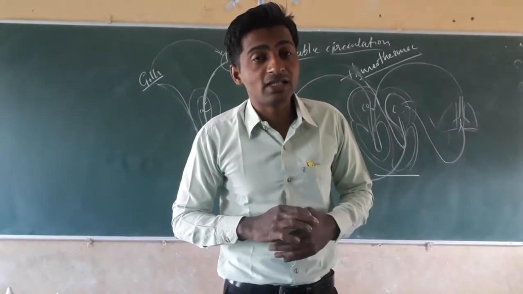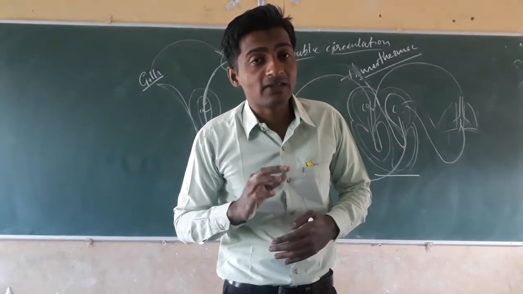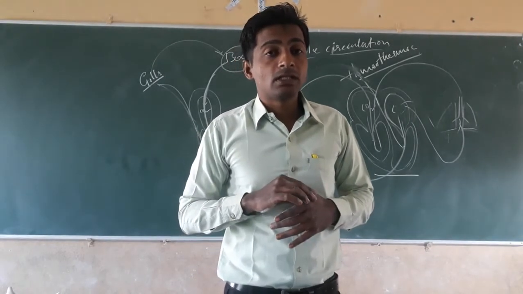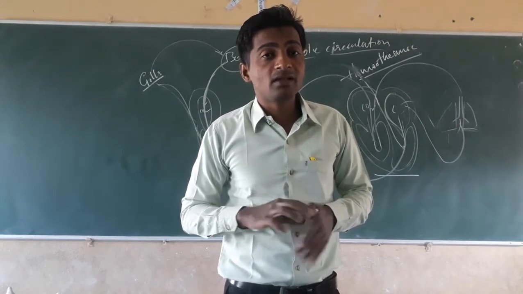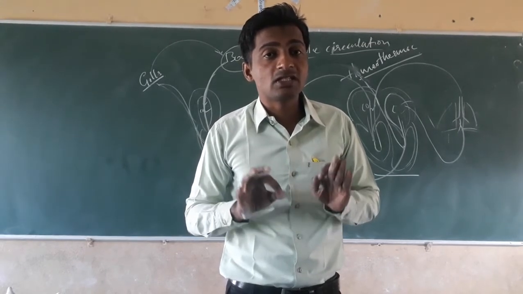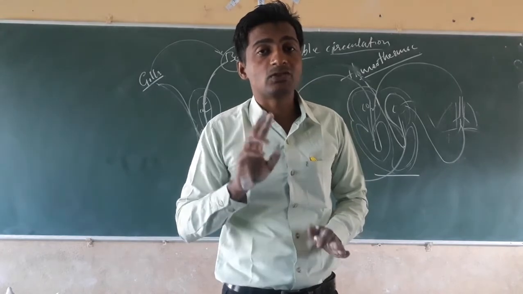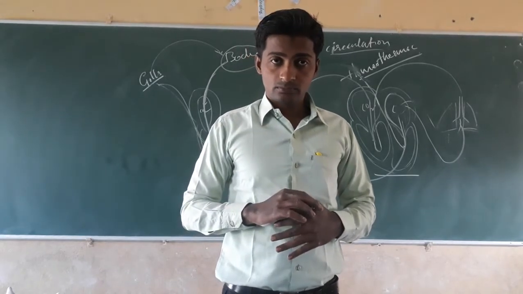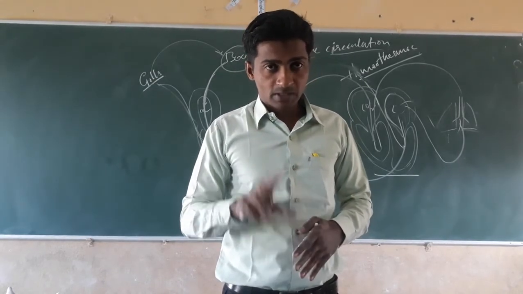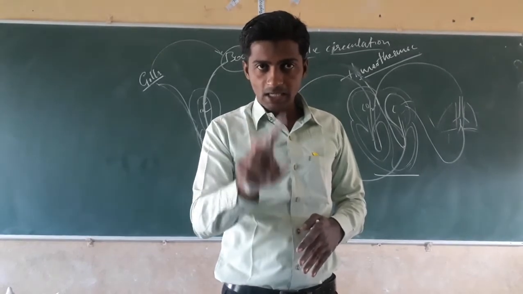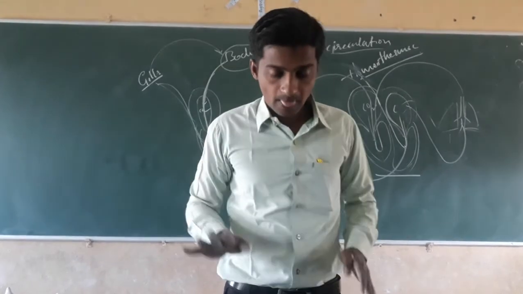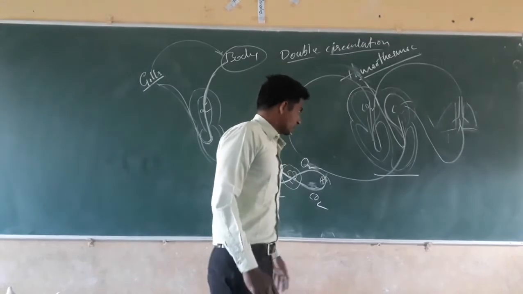That's why we can say that in the case of a four-chambered heart, the circulation is double circulation. Double circulation, understood? In which the blood enters the heart twice. Understood? Next, dear students,